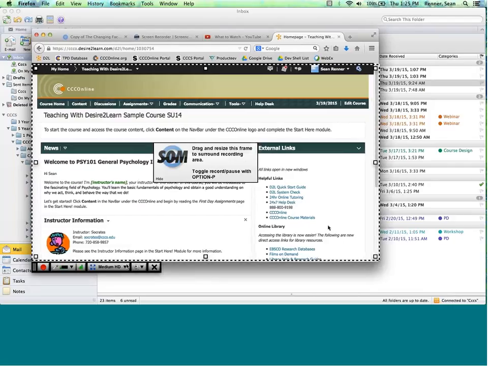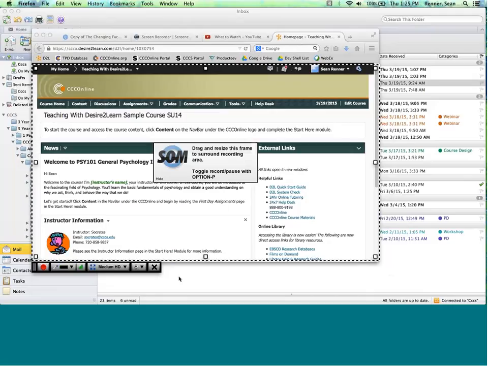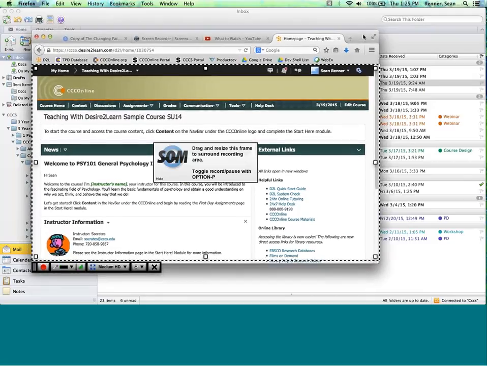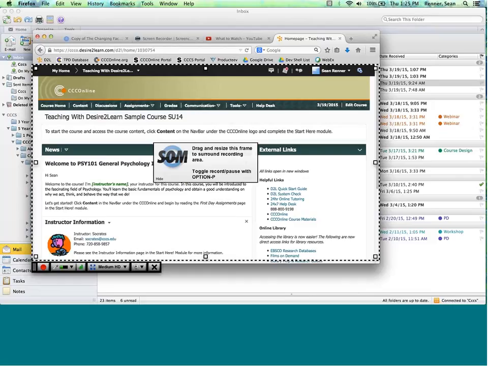So whatever size you ultimately choose, you'll want to make sure to do this, to move your browser over so that they can see everything. Now you'll notice that for me, I didn't include the top of my browser. The reason I didn't do that is because I'm not going to be using any of these. The students don't need to be seeing the tabs that I'm using, the URL, my bookmarks, or anything like that. They just need to see what's happening in D2L. So that's going to eliminate any clutter, and we can use the space that we have most efficiently.